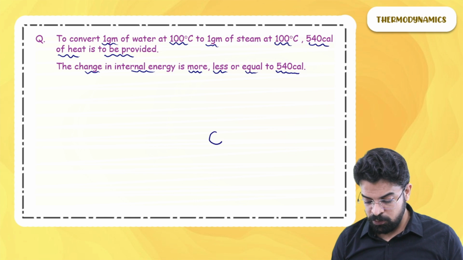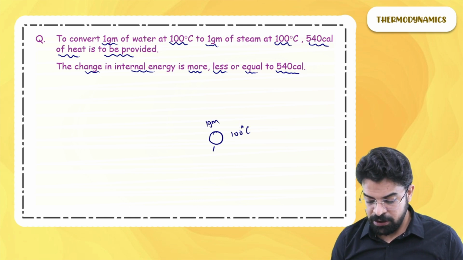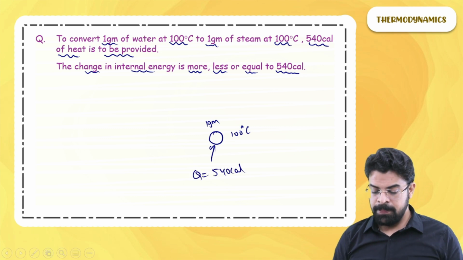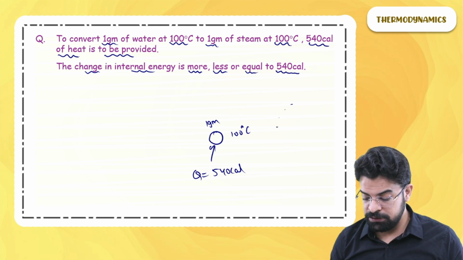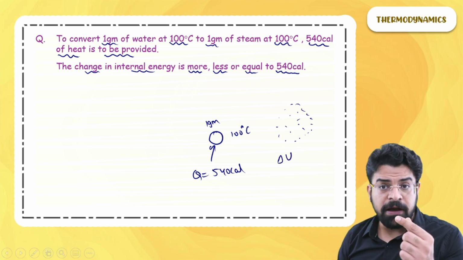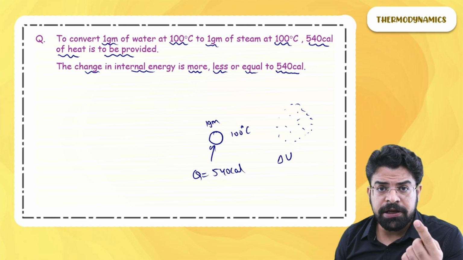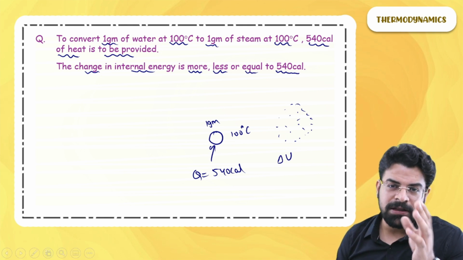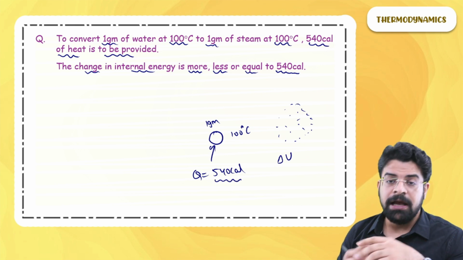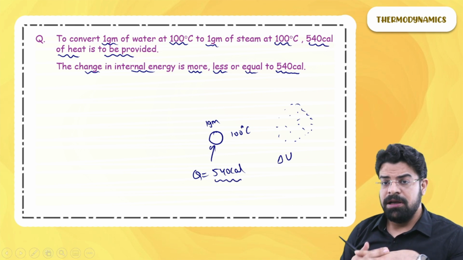So there is 1 gram of water at 100 degrees centigrade. You need to provide it a heat equal to 540 calorie, and then this 1 gram of water converts into steam. So the question is, the change in internal energy will be more than 540, less than 540, or equal to 540? Simple question. Now many students mark the answer as equal to 540, and their argument is, sir, see, we